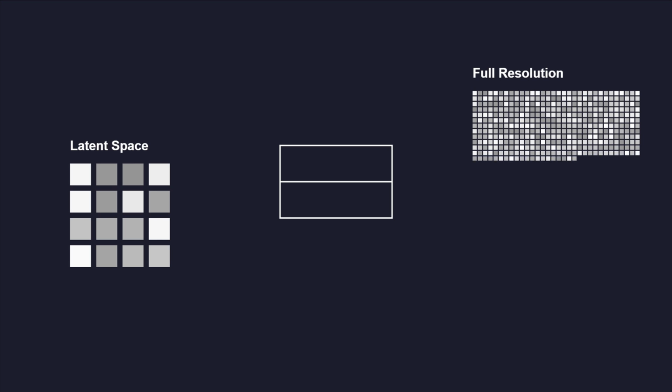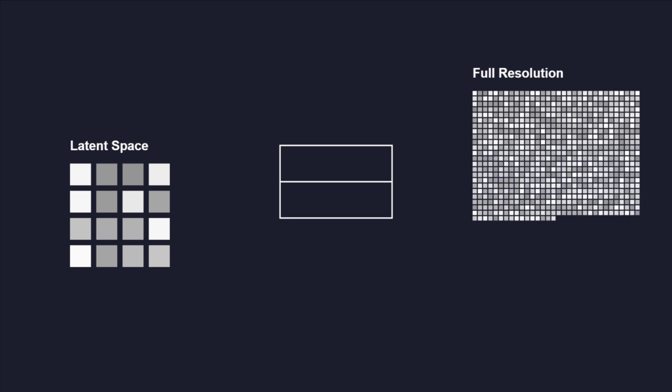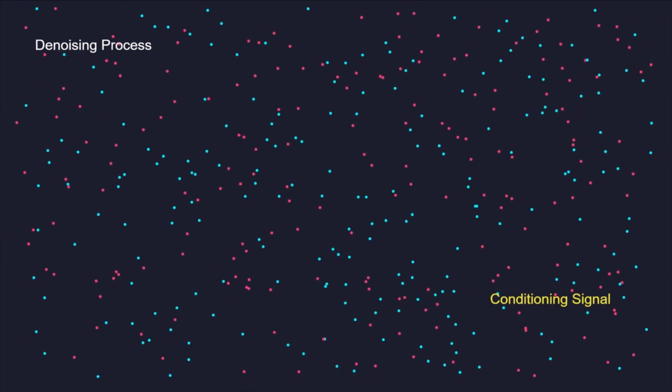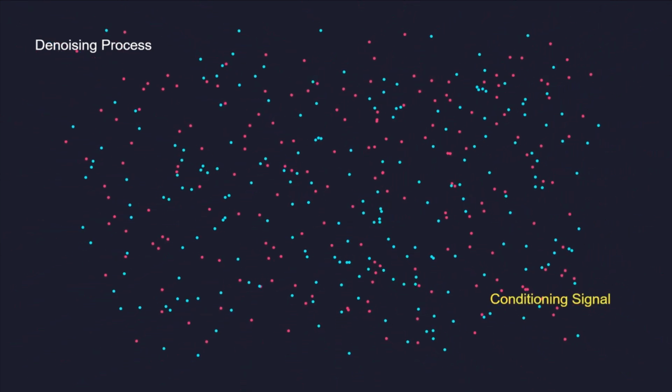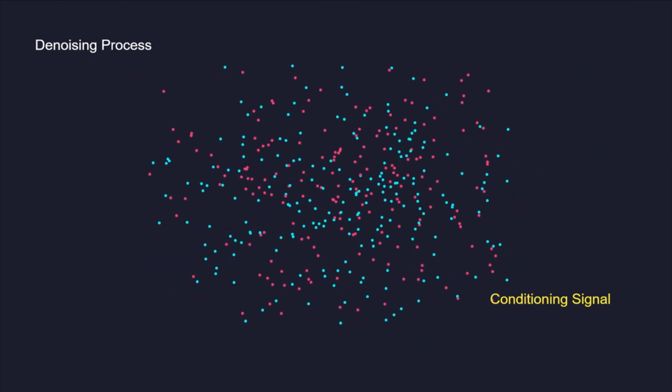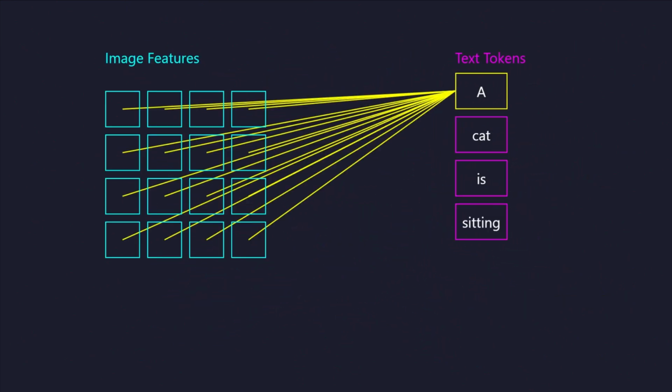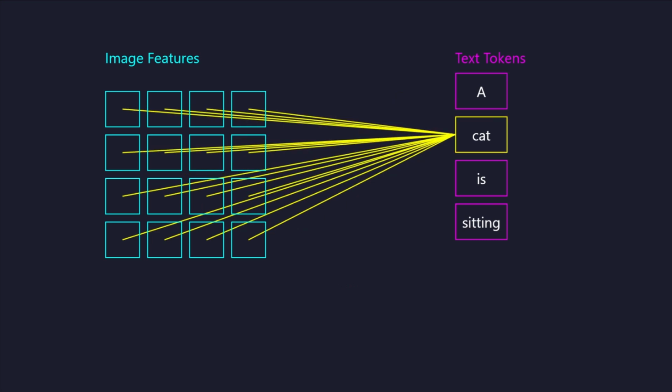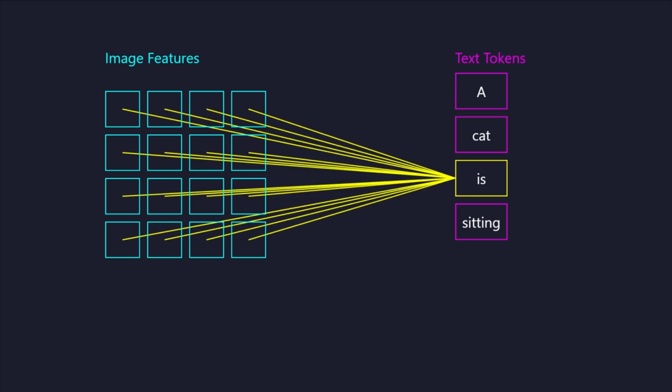The decoder takes the final denoised latent representation and reconstructs the full-resolution image. It restores the textures and fine details that were set aside during the diffusion stage. To guide the generation with text, we use conditioning. This involves injecting external information into the denoising process to bias the probability towards specific outcomes.